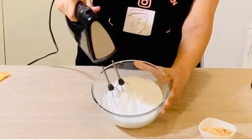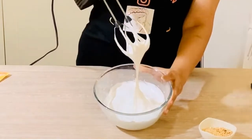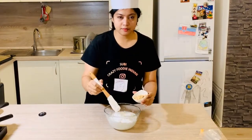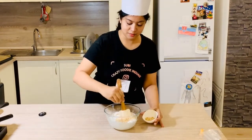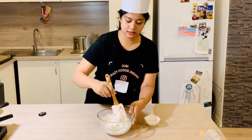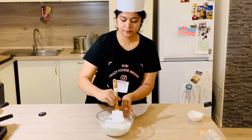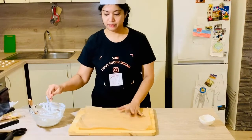You have a wonderful texture of the dough. So the next step is adding the nuts to it and give a firm mix. Try not to break the texture. It's done. Use a baking paper,